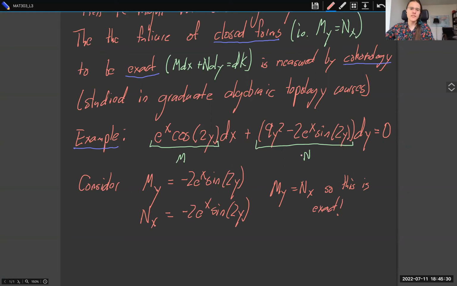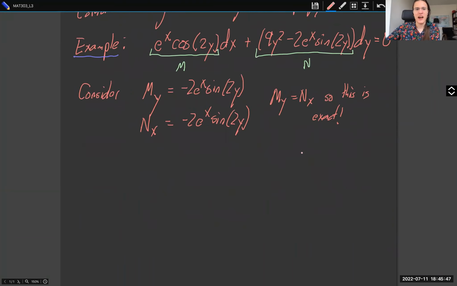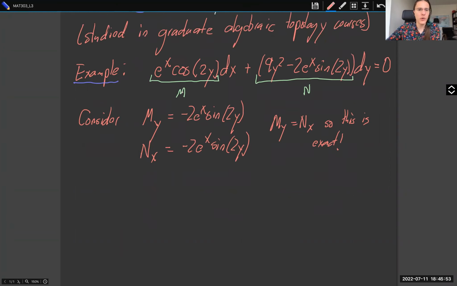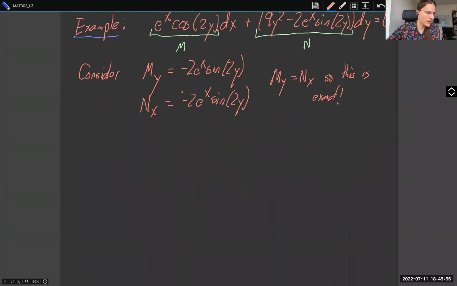Okay, so once we've determined that it's exact, and I cannot emphasize this enough, you 100% certainly have to check that an equation is exact before you do anything. I'll show you how wrong things go if you do not check that it's exact. So now, since it's exact, we're going to take some facts from the above exposition,